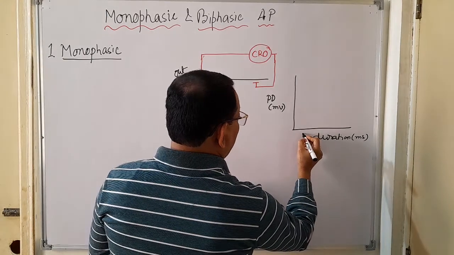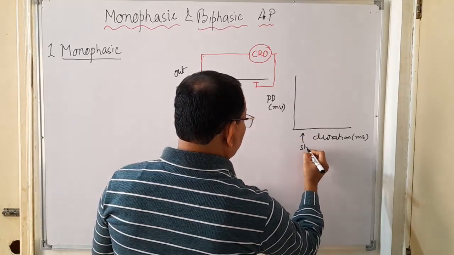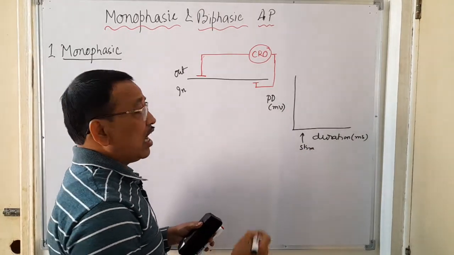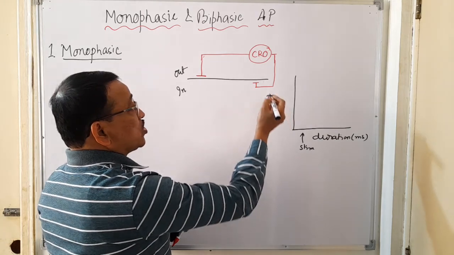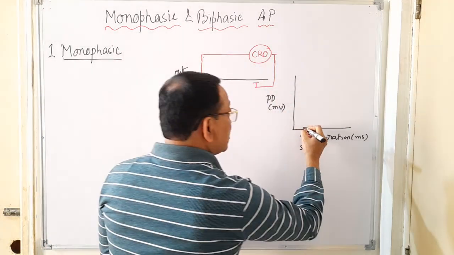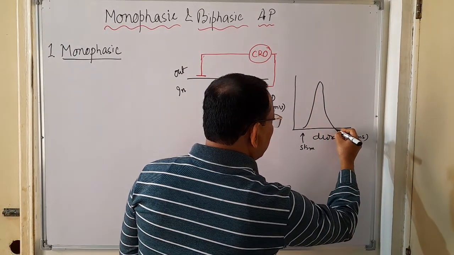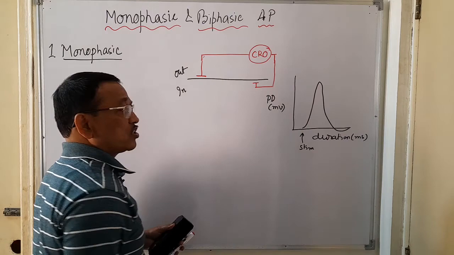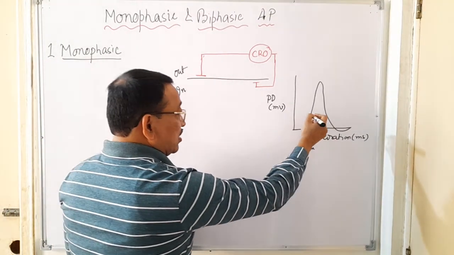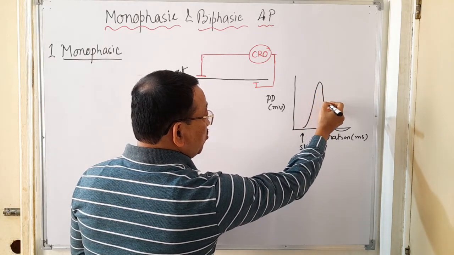So if a stimulus is given, in response to the stimulus, you know the action potential is initiated. And what type of action potential can be recorded in the cathode ray oscilloscope? That is the unidirectional action potential. Unidirectional action potential will be obtained, and in this action potential, this is the depolarization, this is the rapid depolarization,